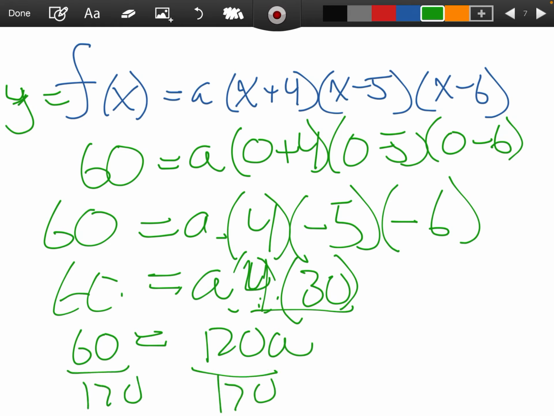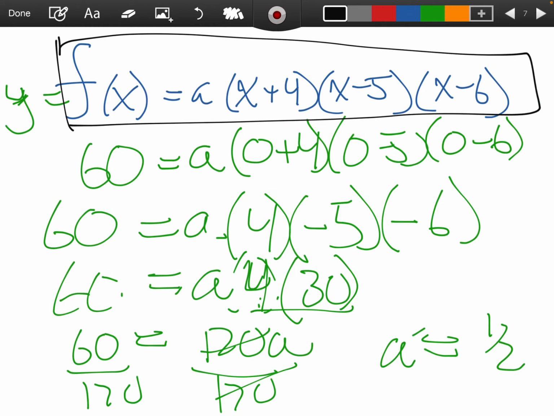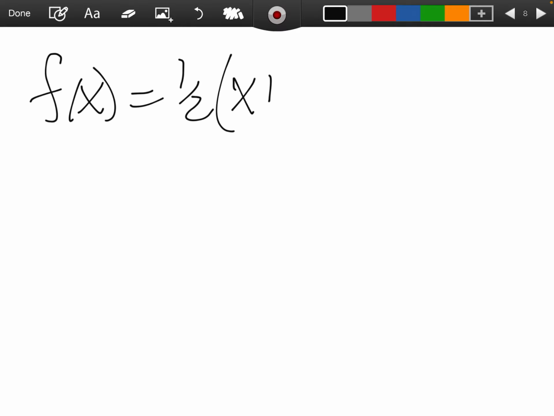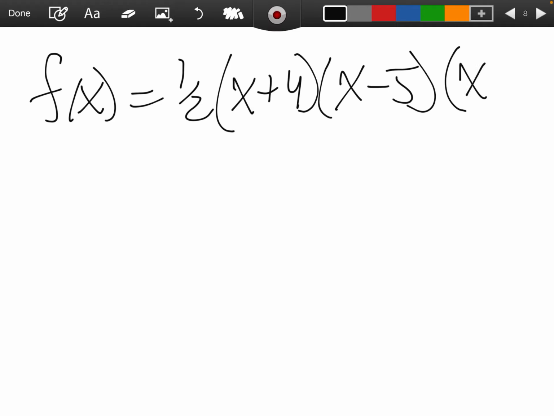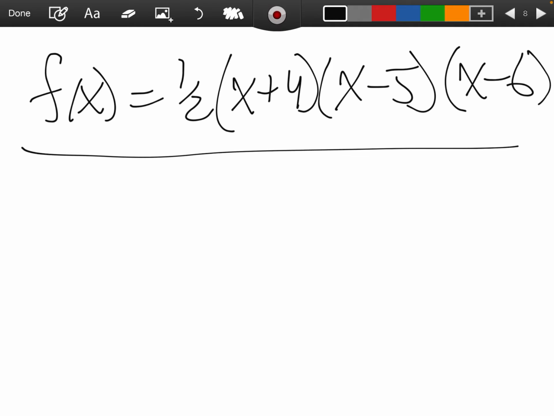So if I'm trying to solve for a, we can divide both sides by 120, and those will cancel, and 60 divided by 120 is the same thing as 1/2. So now all that I'm going to do, y'all, is I'm going to come back to this part right here, and instead of me writing the letter a, I'm going to replace it with 1/2. So we have f of x equals 1/2 times x plus 4, x minus 5, and x minus 6. And so here is